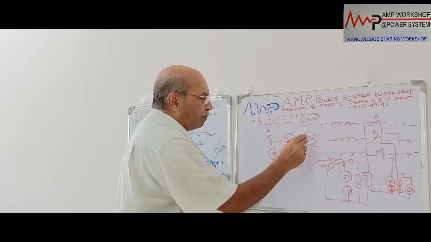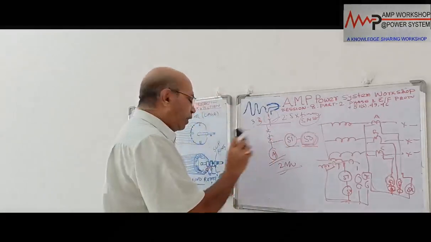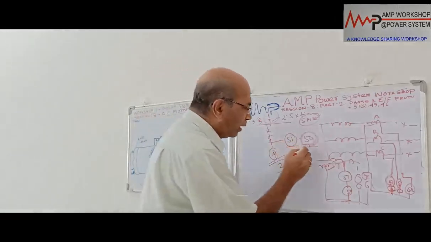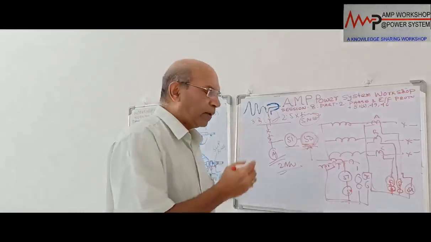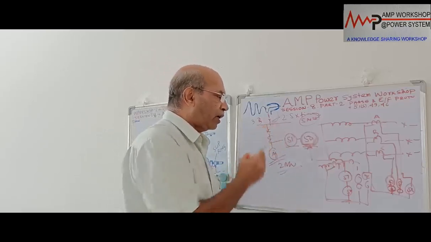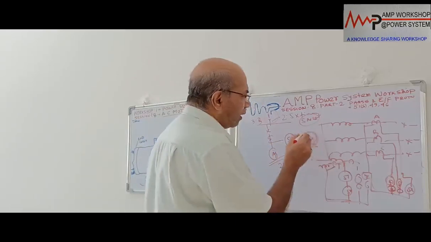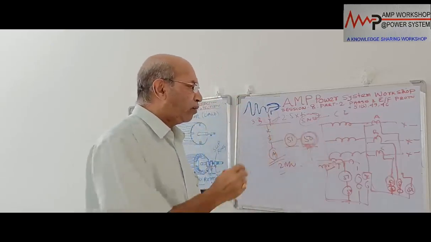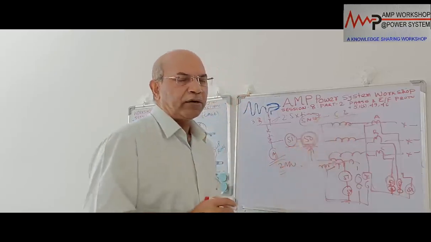In that case, only 50 may operate, because the system should be able to feed enough fault current. This fault current magnitude must be more than the motor locked rotor current or motor starting current, because when this 50 relay is provided a setting, it is an instantaneous overcurrent relay. We know that the motor starting current is normally 6 times the full load current, and the motor starting time may be 6 to 7 seconds. This instantaneous relay cannot wait 6 to 7 seconds to operate. It must operate within maybe 100 or 200 milliseconds.